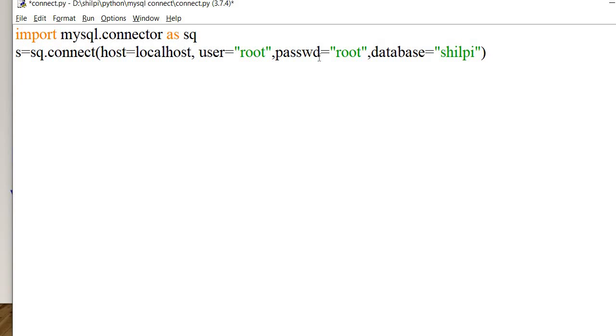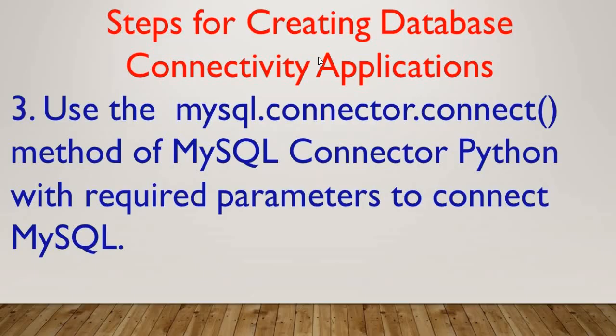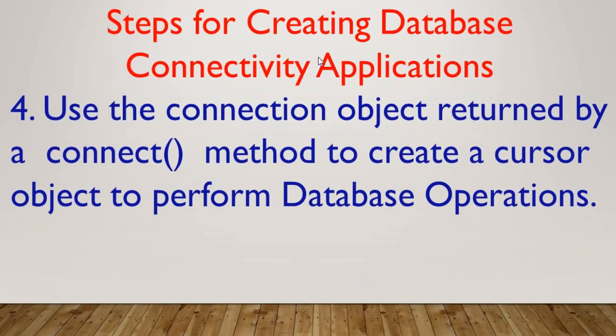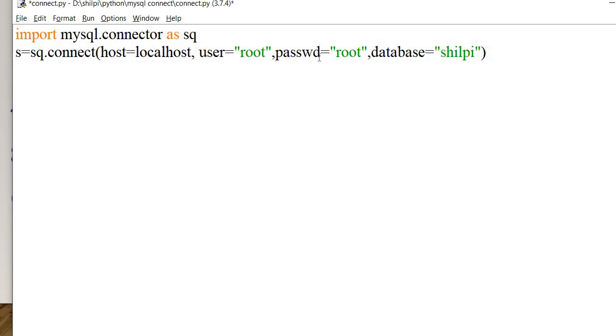The next step is to use the connection object returned by the connect method to create a cursor object to perform database operations. Before this step, I need to check whether the connection is made or not.